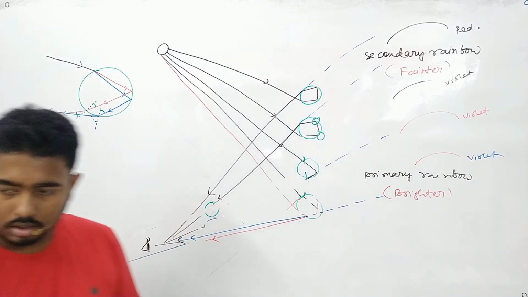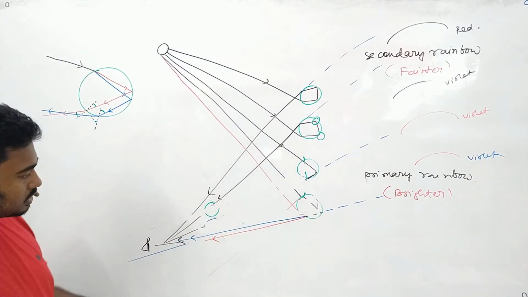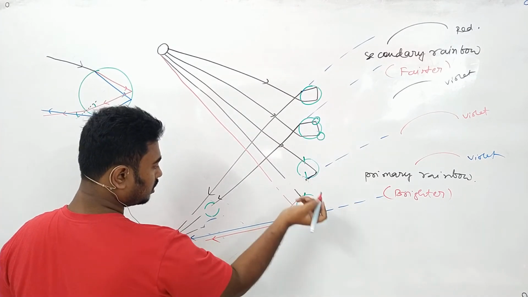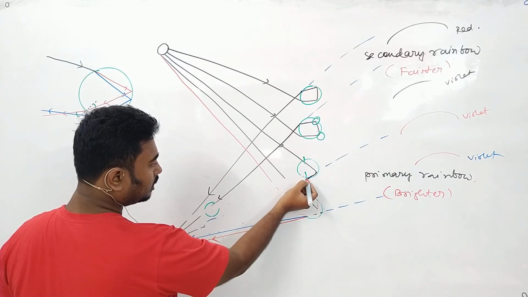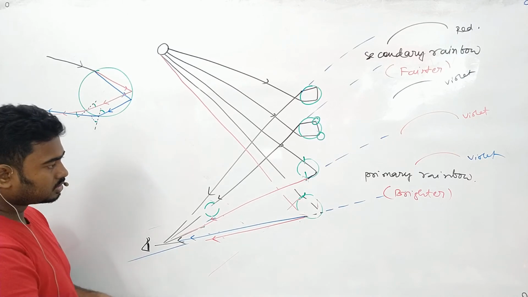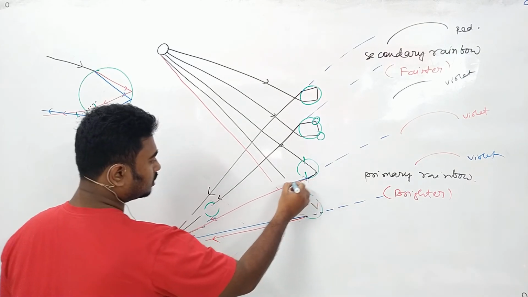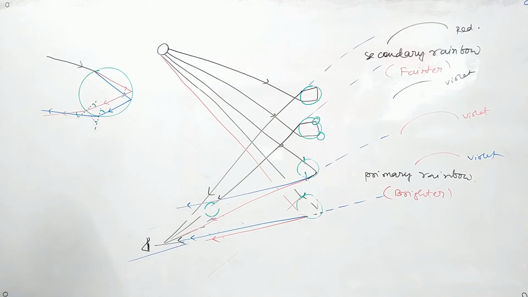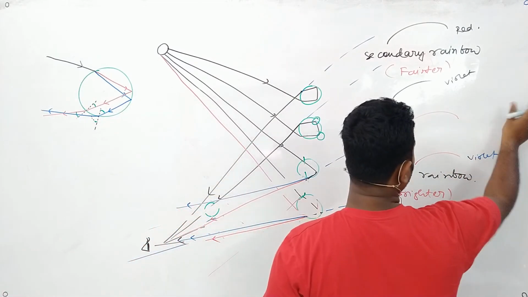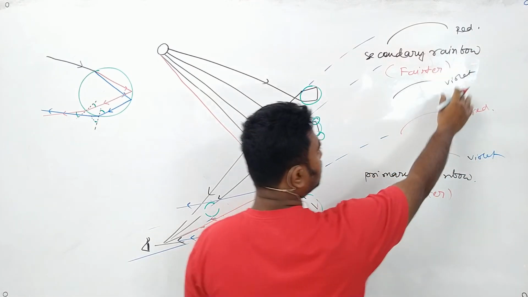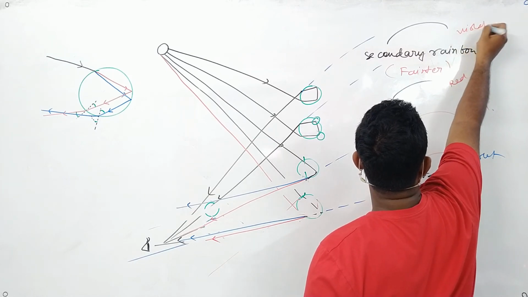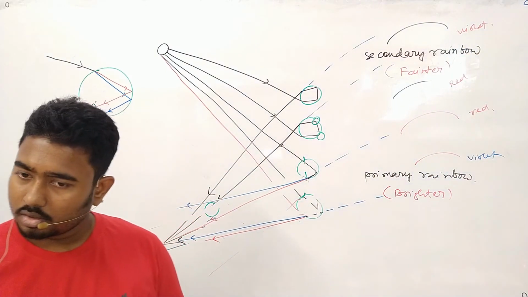Is that clear? If I look at the top portion, in this case the red is less bending, so the red will reach my eye, as the violet is more bending, so the violet will go like this. Is that clear? So in this case, if I draw backwards, this will be red, and this will be just the opposite of it. So it will be red and this will be violet. Is that clear? Okay, rectify it.